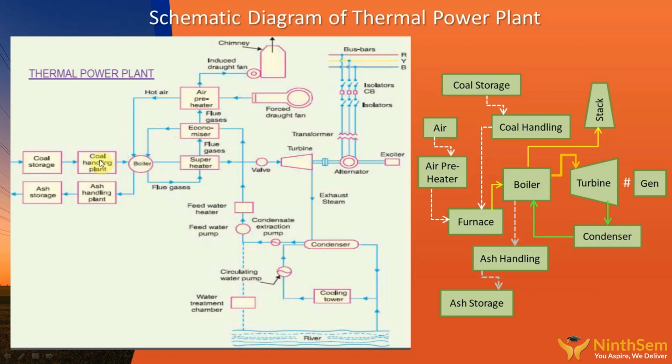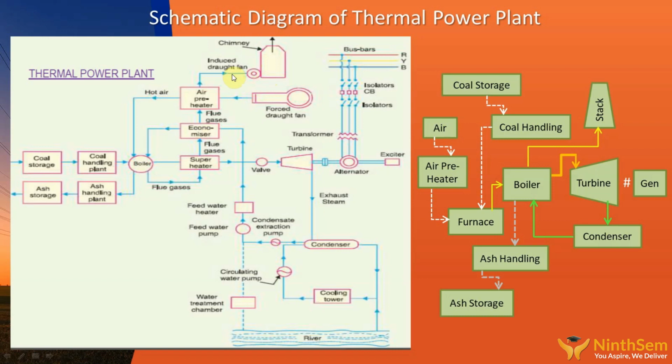So we have seen the coal handling system, ash handling system, steam system and condensate water system. In addition to this, there is a flue gas system. Once the hot gas is used for heat transfer inside the boiler, the hot flue gases go out to the chimney, finally to the stack, passing through different types of heat exchangers. This is the flue gas path going to the superheater, economizer, air preheater and finally to the stack and into the atmosphere. So this is the flue gas system.